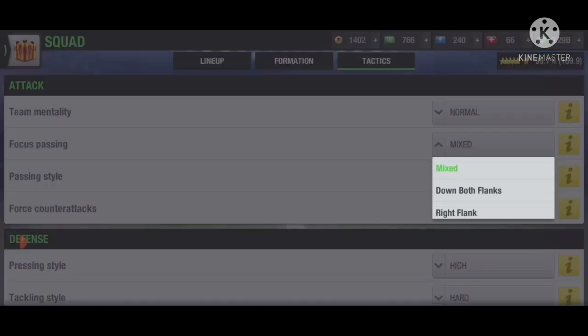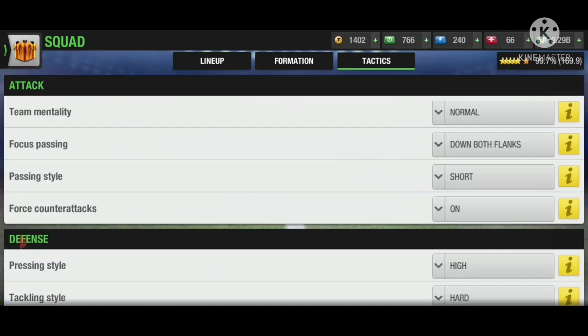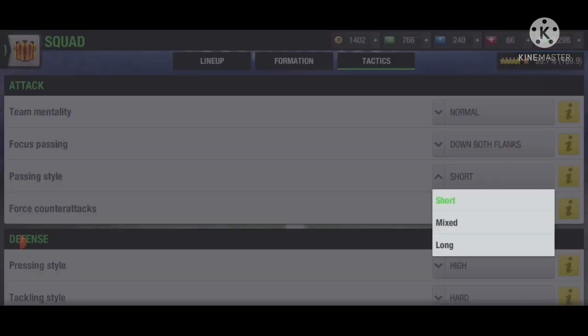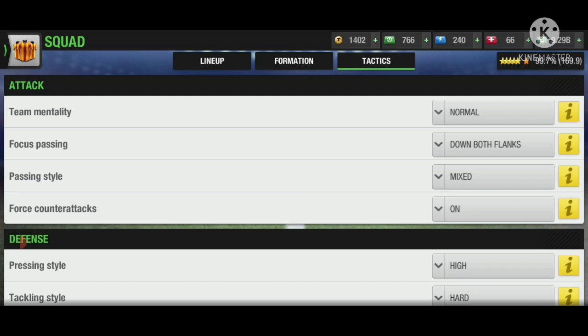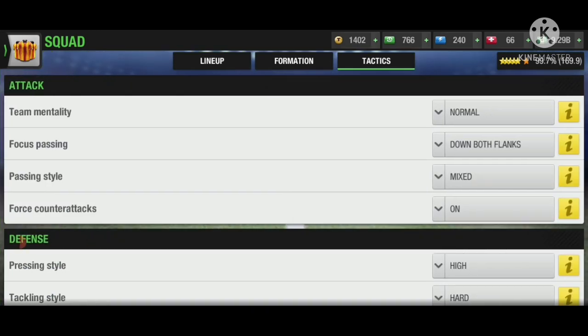The passing that we're going to be using is going to be down both flanks, because we want the ball to be with our wingers, and the AMC is the one responsible for doing it. The passing style that we're going to be using is going to be mixed, because there isn't too much gap between the DMCs and between the defense and attack. The middle centers are connecting them all together. Meanwhile, if it was the formation using the DMCs, then there might be a lot of gap between the defense and attack, and hence I would be using